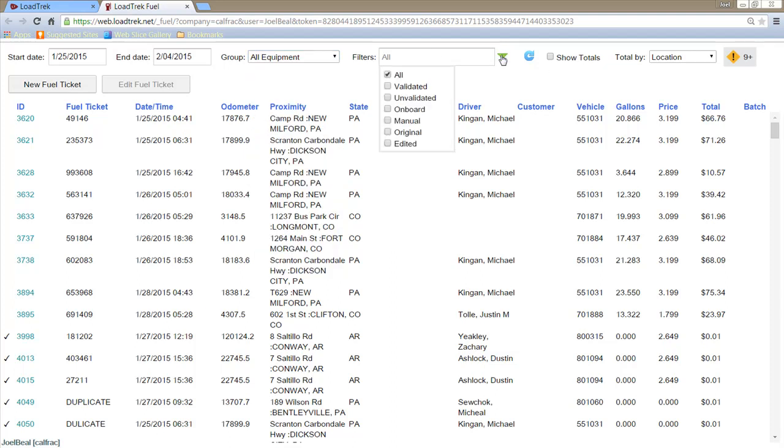For now, we're going to leave the filter wide open, but we can look at only validated tickets, in other words, tickets that a supervisor has looked at, or we can look at only unvalidated tickets, tickets that nobody's looked at yet. Onboard generated tickets are fuel tickets that have been entered in the cab of the truck by a driver. Manual tickets, and we'll show you how to do that,